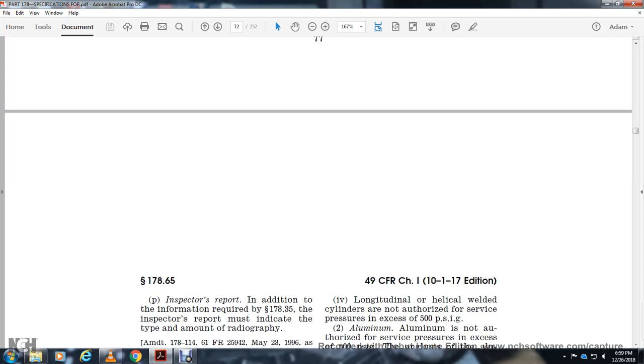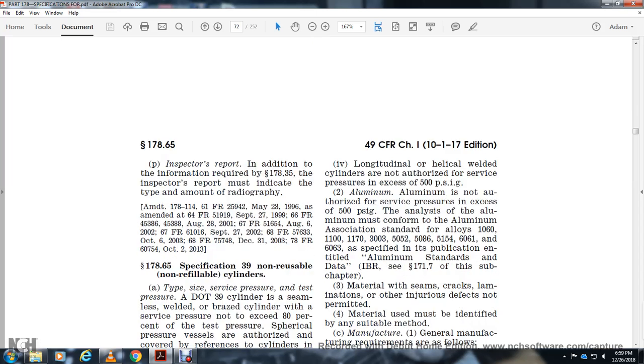Our inspector's report, in addition to the information required with the 178.35 of the inspection report, made the type of the mount radiograph. Agree. All right, 178.65, specification 39, non-reusable, non-refillable cylinder. Type over the pressure for the testing. 39 some with a seamless well with a raised cylinder without some of the pressure, 80% of the